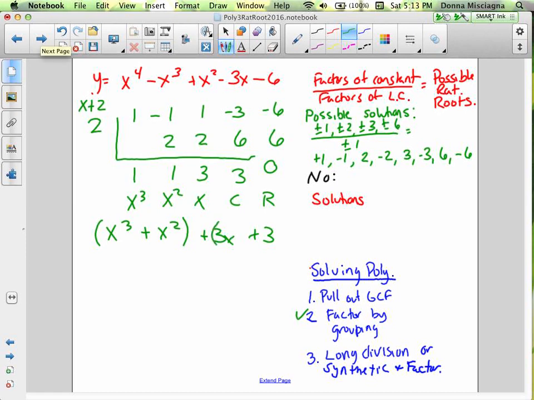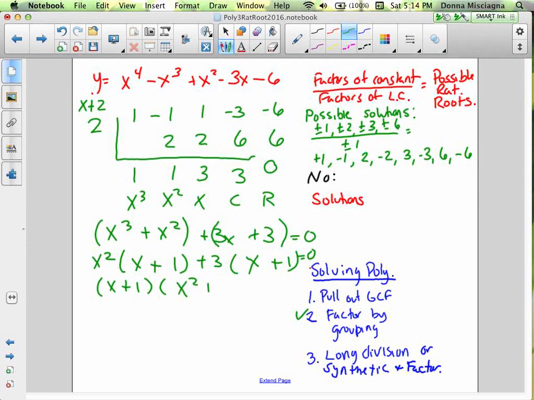Don't forget plus in between. We're just rewriting it. We're not changing anything about it. And the second 2 become a group. Now we're factoring something out to rewrite this as a product. Right? So x cubed and x squared are both divisible by x squared. And then we'll divide. X cubed divided by x squared is x. X squared divided by x squared is 1. Right? So 3x and 3 are both divisible by 3. 3x divided by 3 is x. 3 divided by 3 is 1. So notice we have a common repeating binomial there. If we factor that out, we have x plus 1, and then we have the leftovers, x squared plus 3